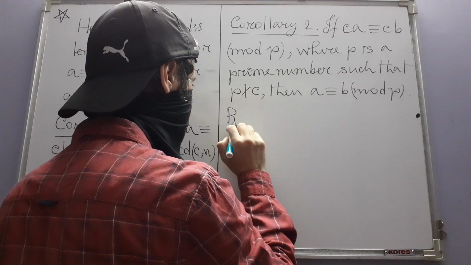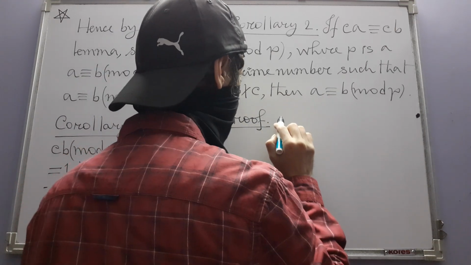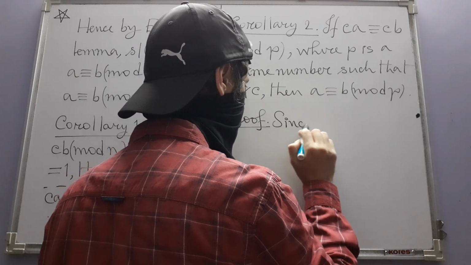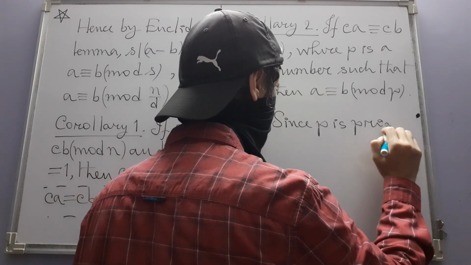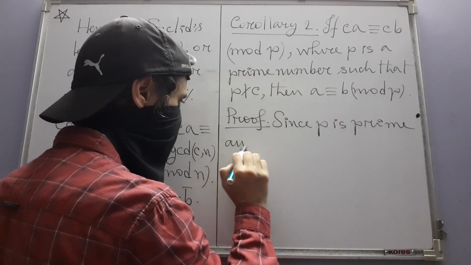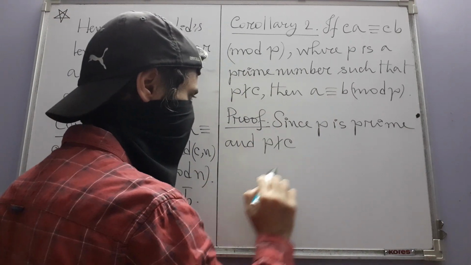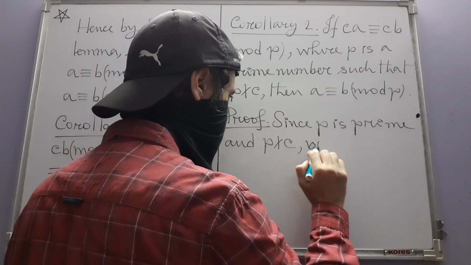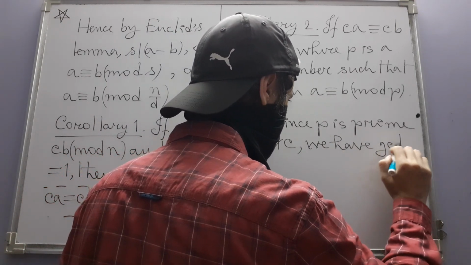So here we can write that little reason. Since P is prime and P does not divide C, we have GCD of,